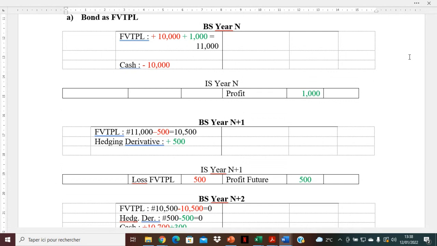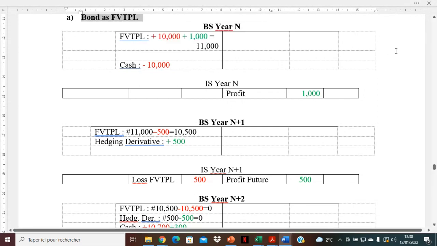So here, actually, we have a financial instrument that is classified as fair value through profit and loss. If that's the case, and I want to hedge this position, which first of all in real life would be questionable, because if you have a financial instrument in fair value through profit and loss, that means very often it's a speculative financial instrument. And we do not usually hedge speculative instruments. So therefore,